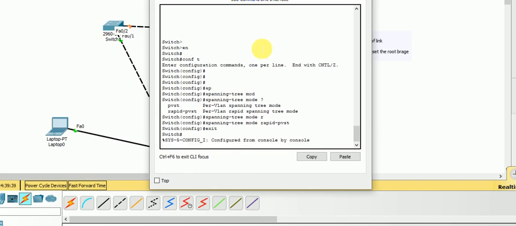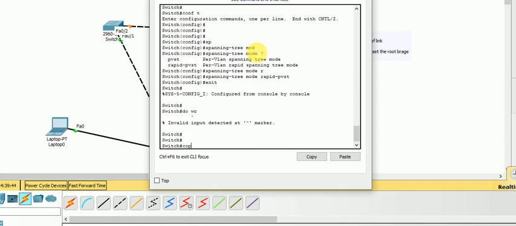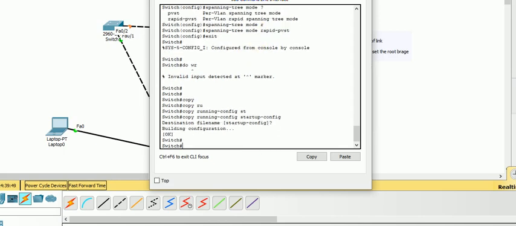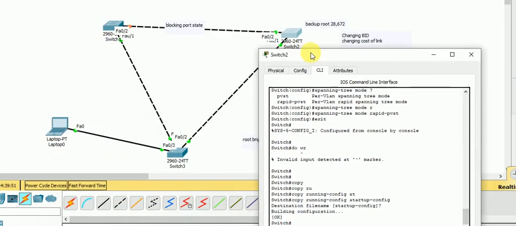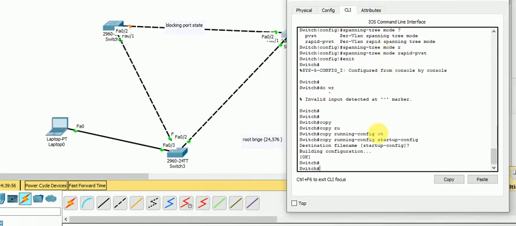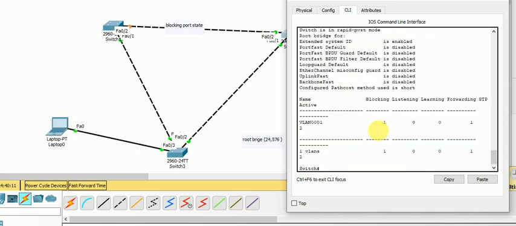It will change to rapid PVST. Then WR, or copy running-config to startup-config. Yes, it's just changing from PVST to rapid PVST. So some show commands for verifying the STP configuration, I will explain to you. Show spanning-tree summary. It will explain to you which VLAN is in use